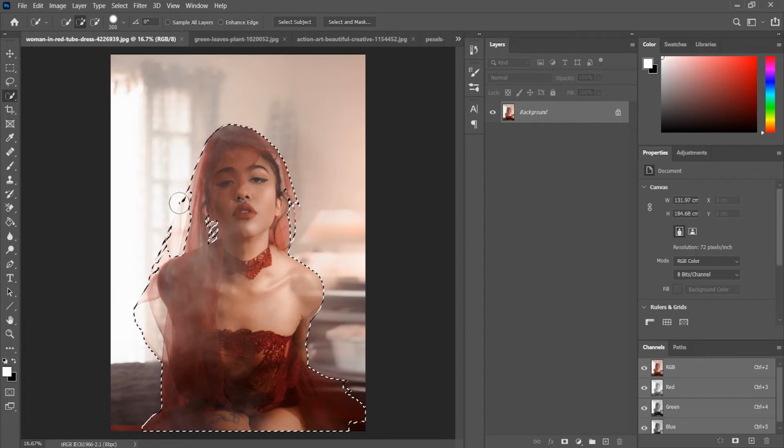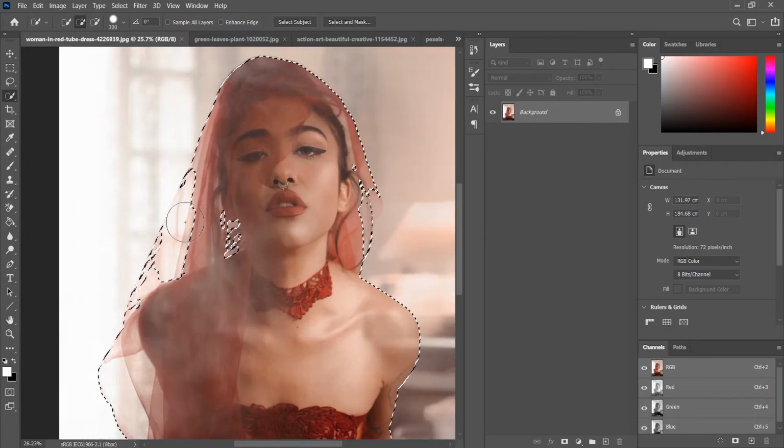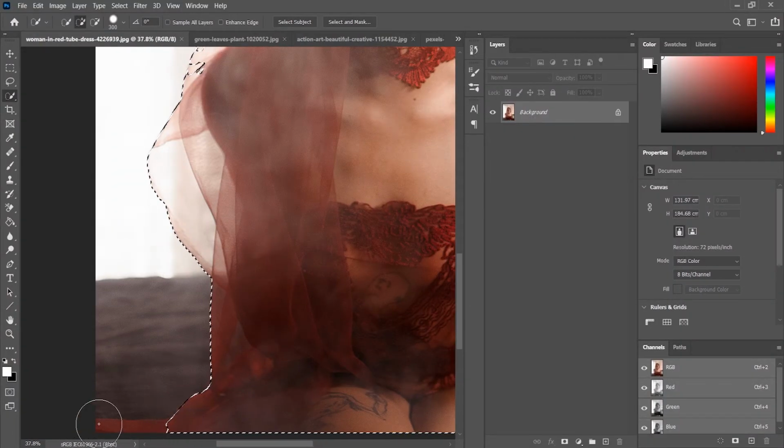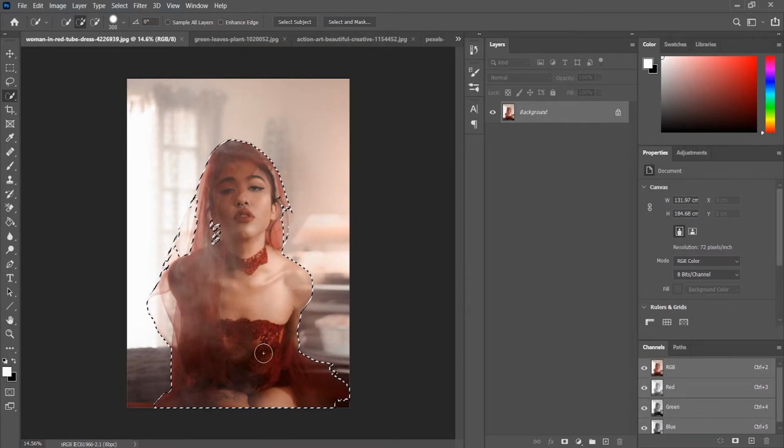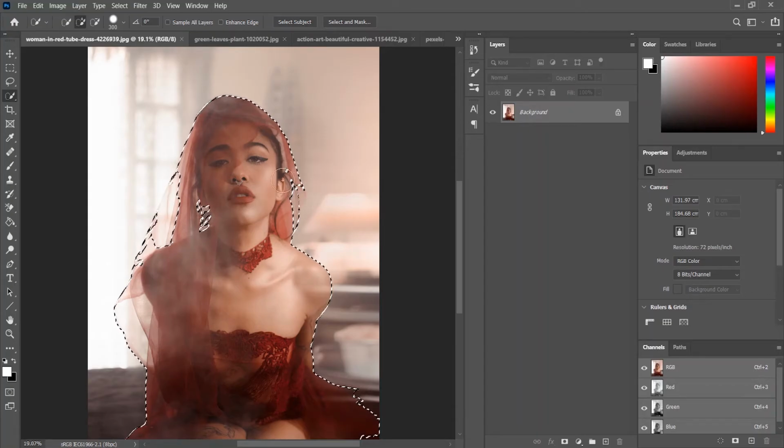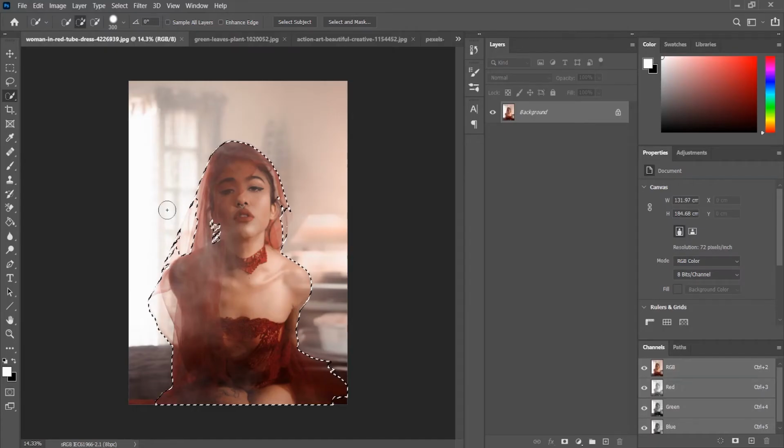So the Photoshop has done its job, and you can see some parts of it are not selected, like this part. As you can see, yeah, it failed in this part, but it's okay. Here it has not selected this part. This image is really tough for the Photoshop to detect the select subject operation. So these portions are quite great, but in this portion it just struggled a little bit. So this selection is kind of okay for me, and it's not that great. So 4 more images are left, and let's see what the Photoshop does in the next one.